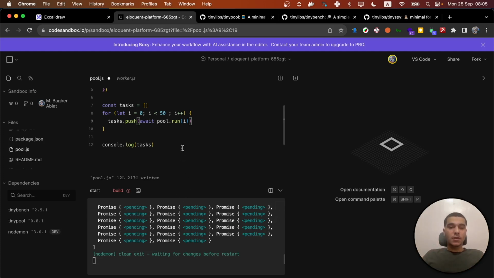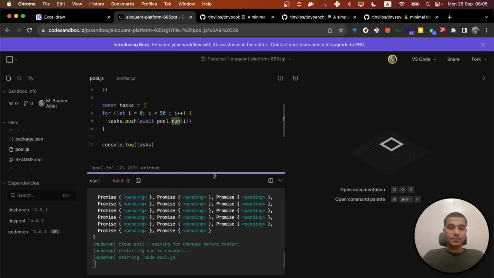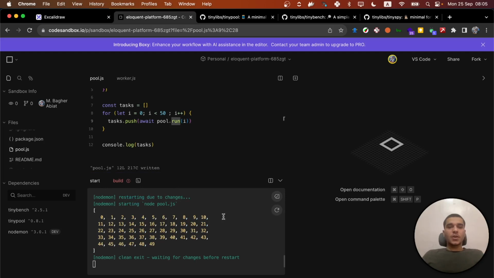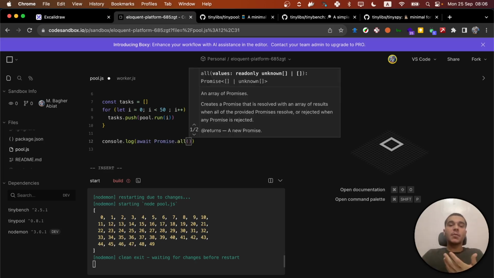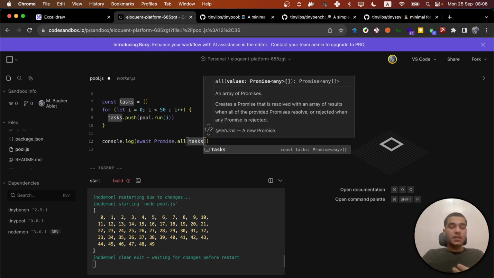So let me see why this didn't just run. I saved the file. So you can see it just gave us the results, but as I said, it's not the proper way. Let me show you the proper way, which is using the Promise.all function, which would await all of the promises in an array. So let's just give it the tasks,